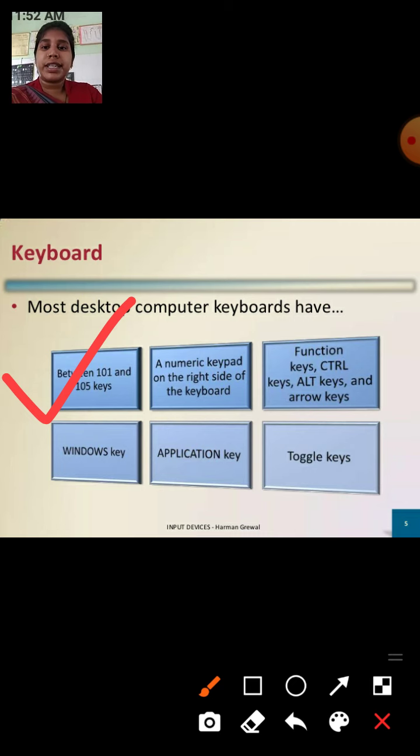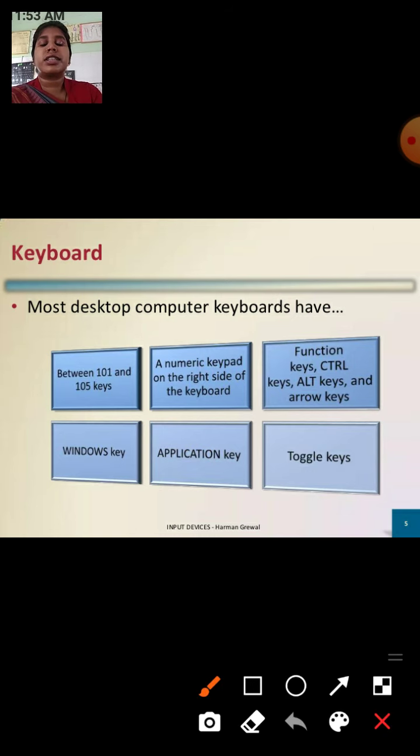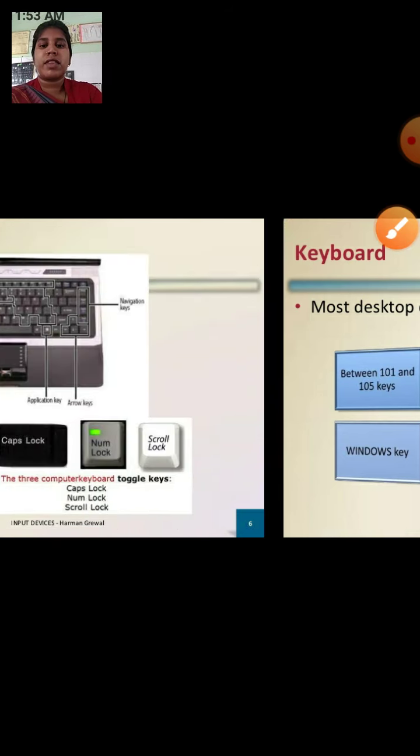Windows key, application key and toggle keys are also present in a desktop computer keyboard, because we use different types of keyboards with our system. But the standard keyboard has all these types of keys to enter the instruction.